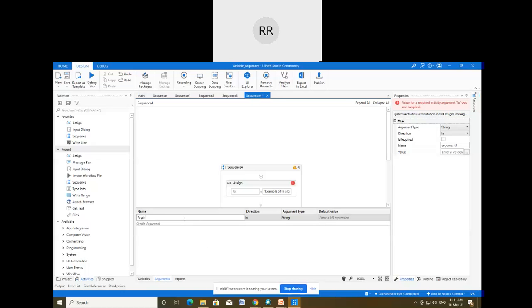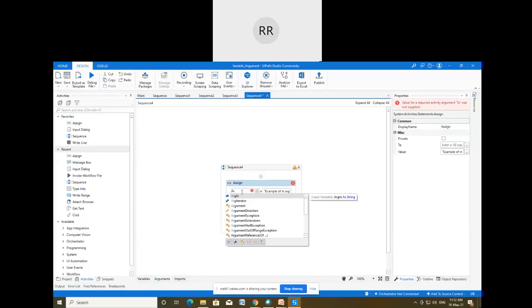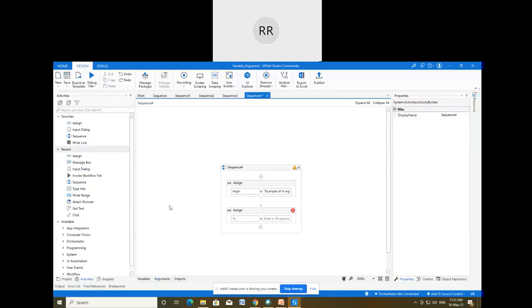Direction will be in, and type is string. You can see the text I have entered in the value field, therefore the type will be string. That is fine, and then okay, that is created here. And again, you have to write here arg in that you have created. Here I have created the argument in, and here we have given the value.